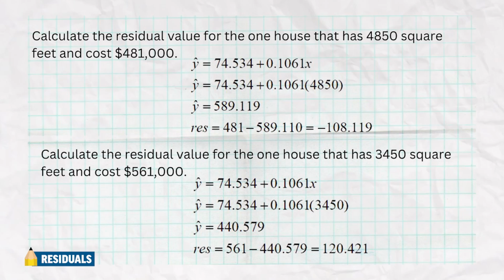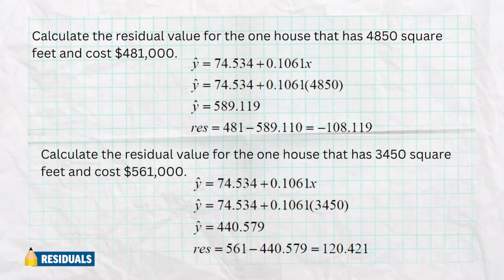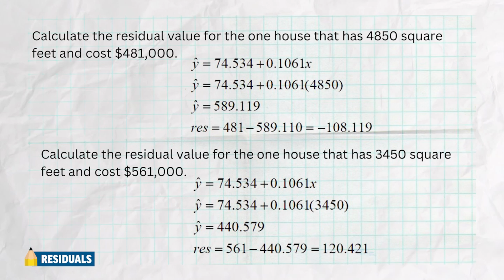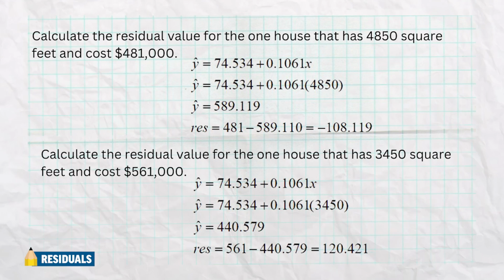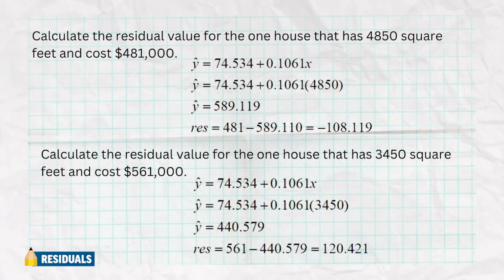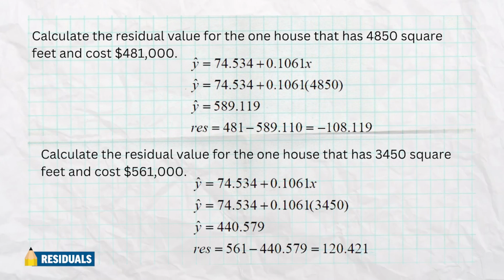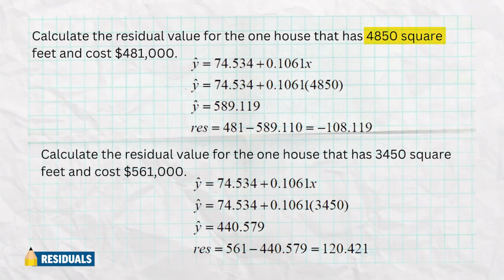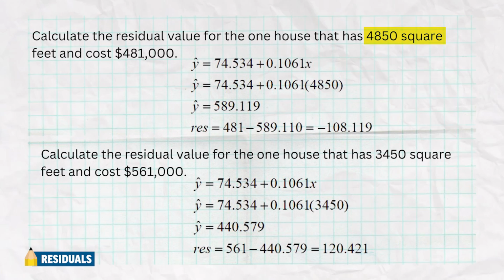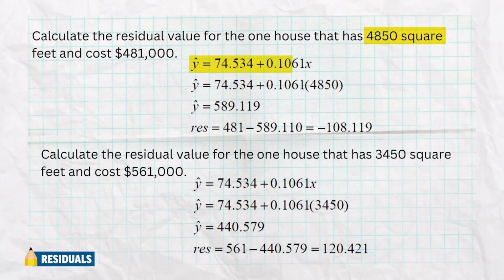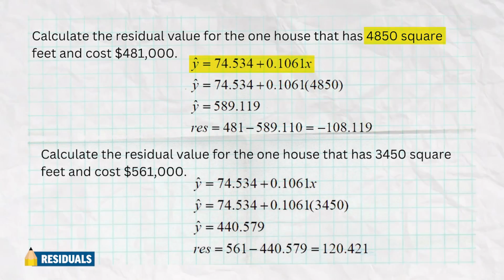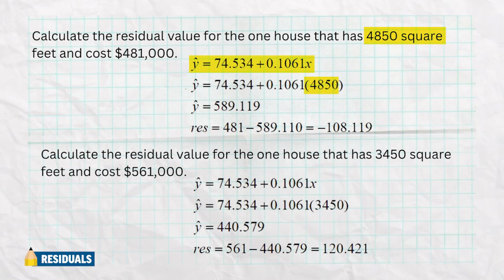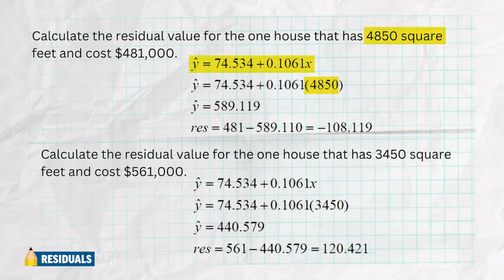Now let's talk about calculating actual individual residual values. For example, one of the houses was 4,850 square feet, and the price of that house was $481,000. How would I find that house's residual? Well, first I have to use the x value, that's the square footage, to get my predicted value. So here is the linear regression model for that line, 74.3534 plus 0.1061x. I'm going to replace the x with my x value, 4,850 square feet,